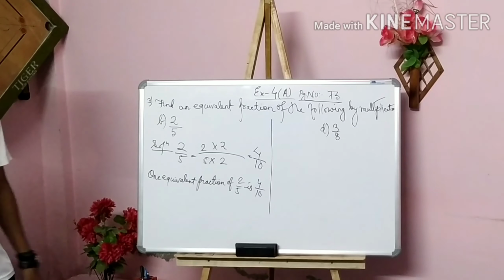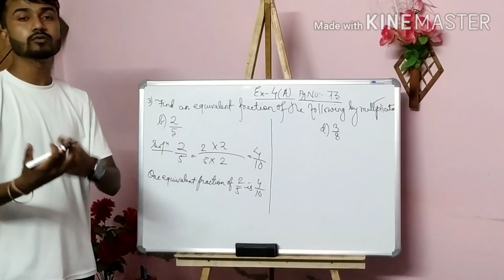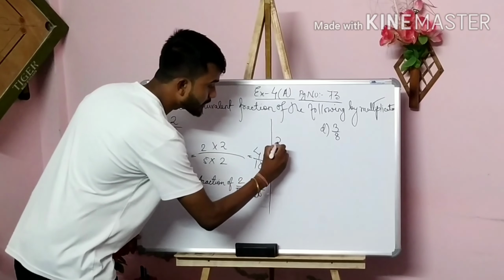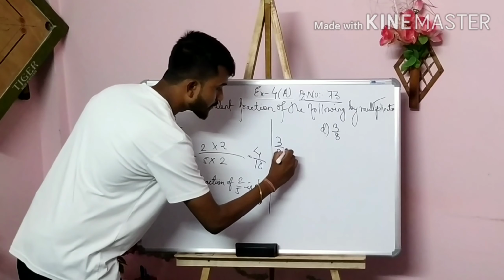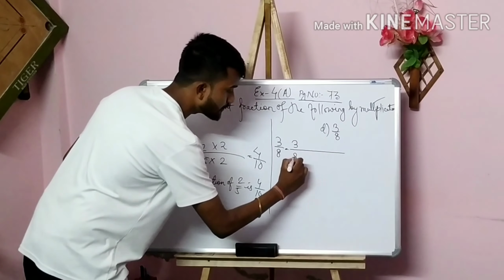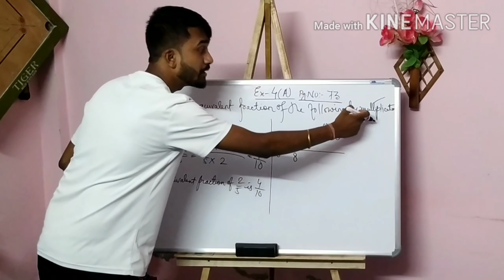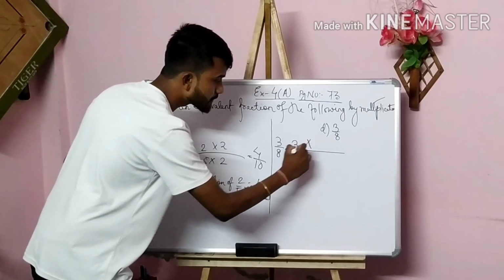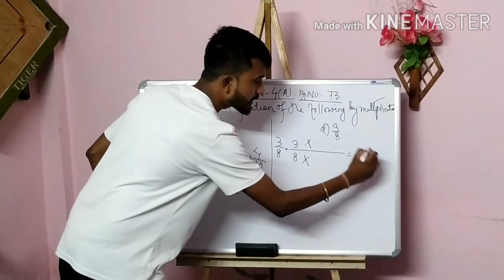Number D I have chosen. You can tell me, you can do any question for it. So the same thing we have to do. 3 by 8, I will write it here: 3 by 8. So 3 will be here, we will give a long dash, 8 will be here. Because of that, by multiplication we have to find. I am going to write into 2 times. Again I will give a dash here.